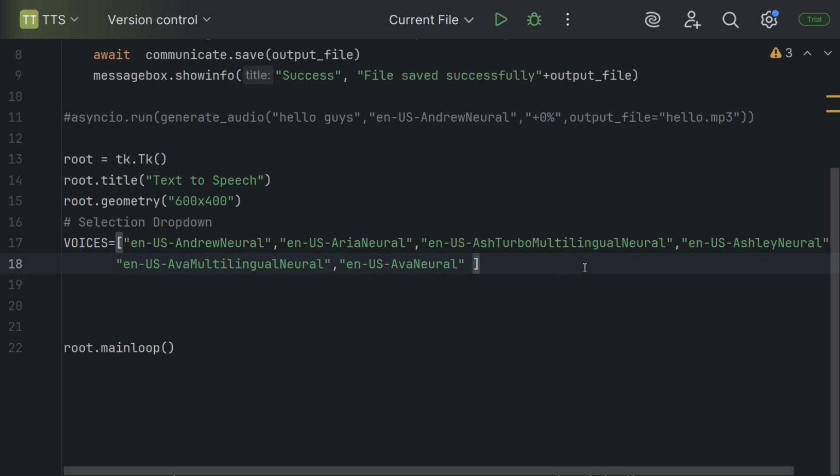Alright, that's fine. So after assigning some example voices inside our voices array, we'll start by adding a new